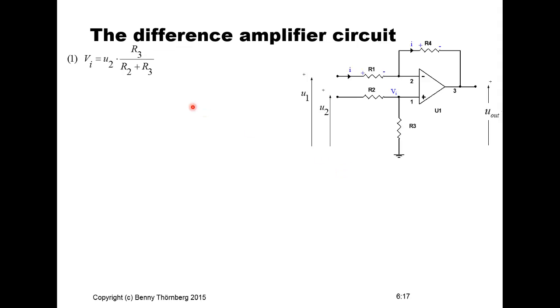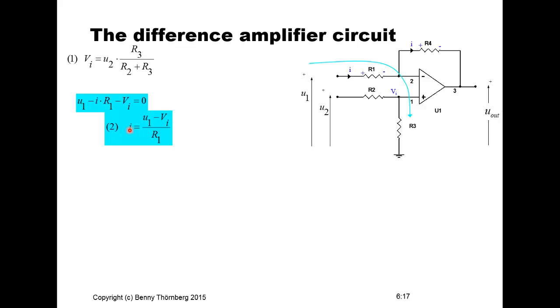So we can start with denoting the voltage potential with respect to the ground. At this point we denoted VI. That is the voltage division over R2 and R3 with the input voltage U2. That is the first equation. And then we apply Kirchhoff's voltage law on this circuit from U1 down to the potential of 0. So U1 minus the potential drop over R1 and minus this potential VI. And we end up with the expression for the current I